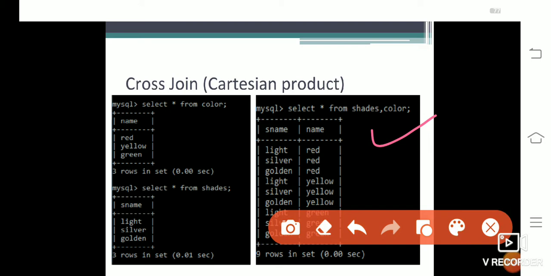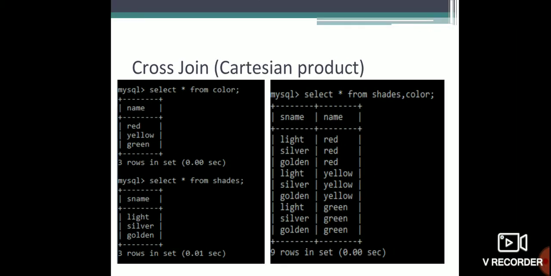Here you can see first light is shown with red, then silver with red, then golden with red. After that, light will be shown with yellow, silver with yellow, and then silver with green. So according to that the Cartesian product works.